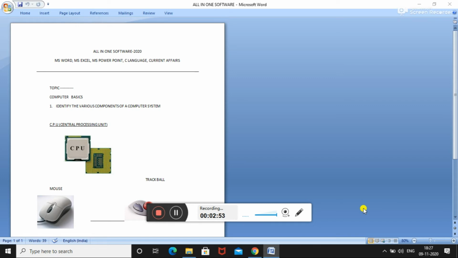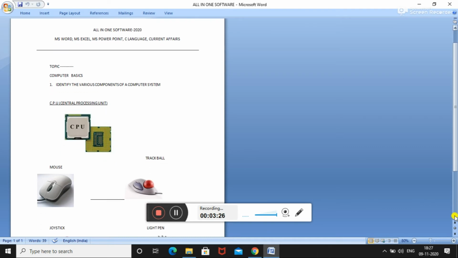What is keyboard? Keyboard is the most common and very popular input device which helps to input data to the computer. Keyboards come in two sizes: 84 keys or 101 or 102 keys. But now keyboards with 104 keys or 108 keys are also available for Windows and Internet. The keys of the keyboard are as follows. First one, typing keys, numeric keypad, function keys, control keys, special purpose keys.